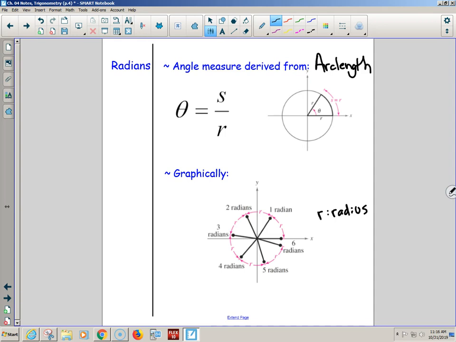Check it. If you were to make a ruler, and on the ruler you had the radius, and you marked 1 radius, 2 radii, 3 radii, 4 radii. If you were to mark and make a ruler of the radius, that's what a radian is. And then you would just wrap it around the circle. So imagine, is there such a thing as a flexible ruler? Yeah, it's called like a measuring tape if they're taking like your sizes for like a suit or a dress or something else.